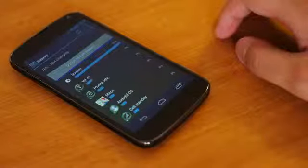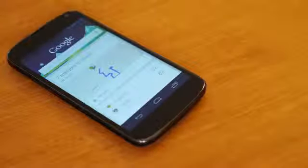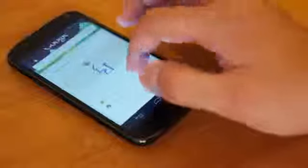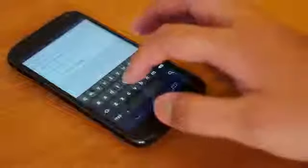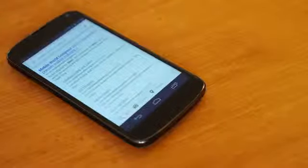Things like an expanded notification dropdown with access to all of your settings used to be a dream in the past, but now it's a reality in the stock Android system. And then there's Google Now, which I said in my previous video that I really encourage everybody to start using even more. Those cards just seem to know exactly what I'm looking for at the moment, and it's a great way of looking at information, searching, and it's a wonderful piece of technology underneath the already great